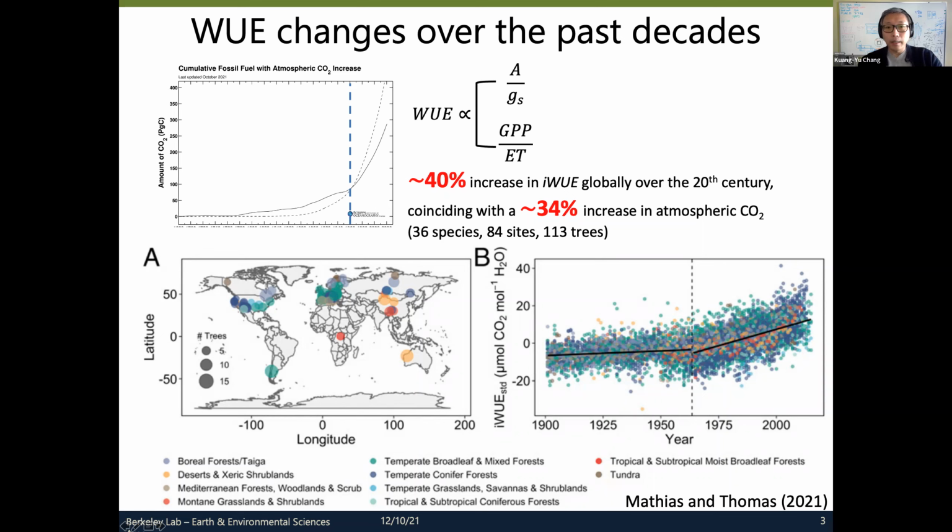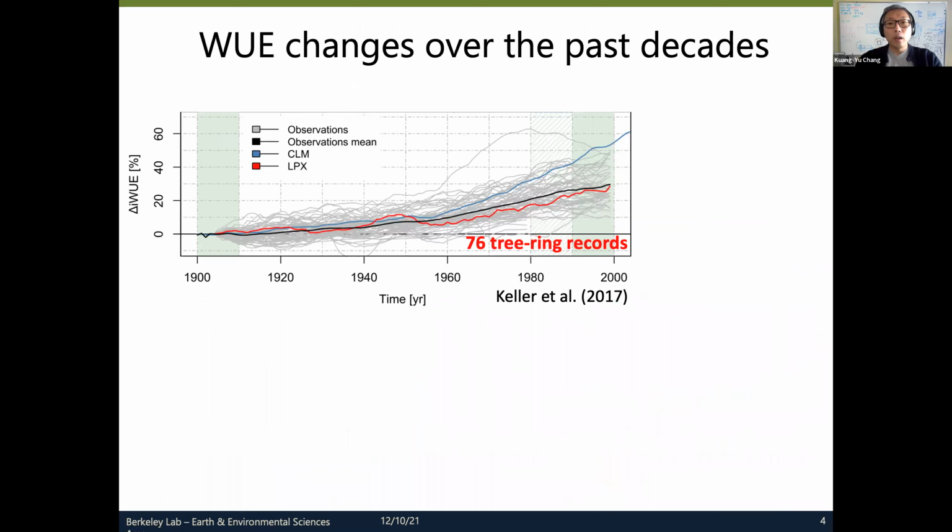Their findings indicate that stomatal conductance may only be reduced in the presence of water stress. And they thus conclude that the increased photosynthetic rates corresponding to the increased CO2 concentration are the primary driver of the observed increases in water use efficiency. Although the temporal changes in water use efficiency are qualitatively consistent across sites, the large inter-site variability highlights the importance of spatial heterogeneity and local climate conditions.